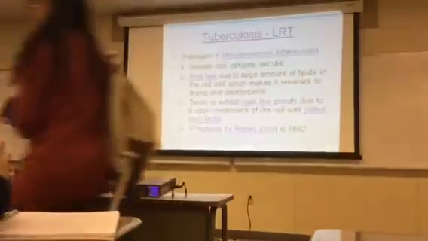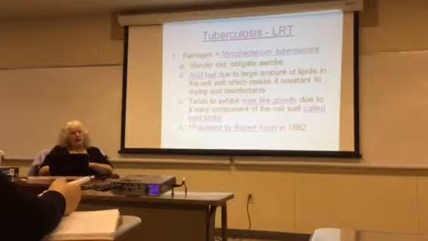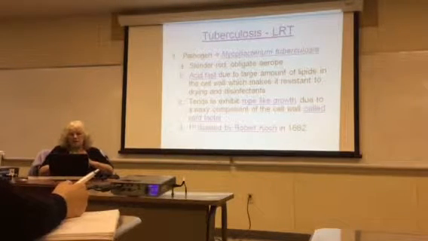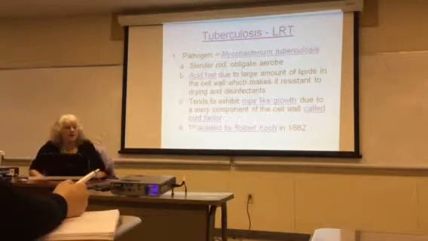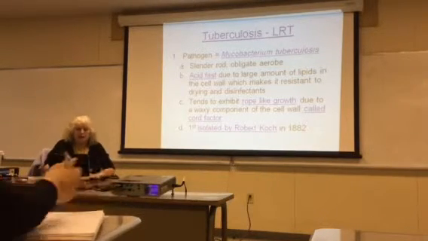It was hard for us to get our stain in there because it was resistant to that as well. And its growth, or its arrangement, so to speak, is a rope-like growth because of that waxy component in the cell wall, and that's called the cord factor. And Mycobacterium